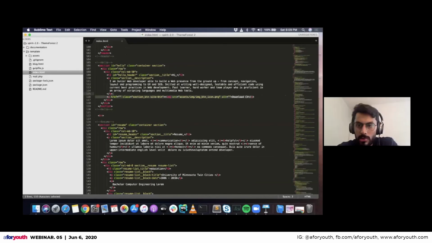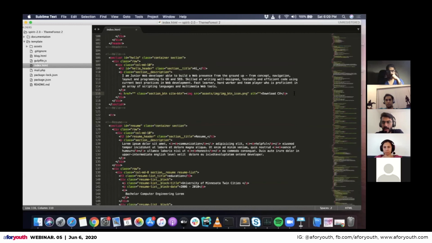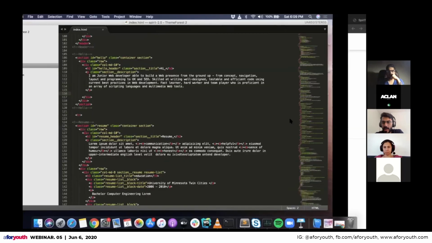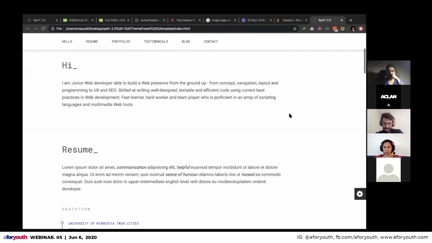Or if you don't want to have this option, you will see that there is no download CV. So you can take things out of the template, and you can put more things in it.